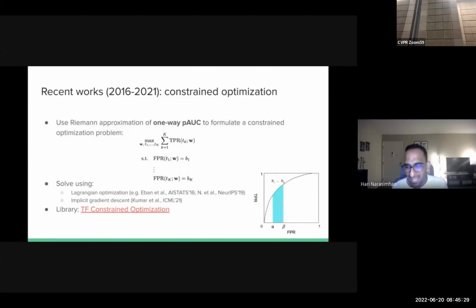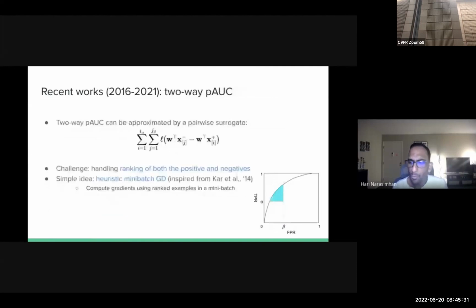In parallel, there's also been some interest in looking at the more general two-way partial AUC method. So all the methods we've seen have focused on the one-way partial AUC. In the case of the two-way partial AUC, one would restrict both the true positive rates and the false positive rates to an allowed range. In this case, one could again look at the pairwise estimator for this method and simply replace the indicators with a surrogate loss. But of course, the challenge is that one now needs to deal with both the ranking of the positives and the ranking of the negatives. For simplicity,